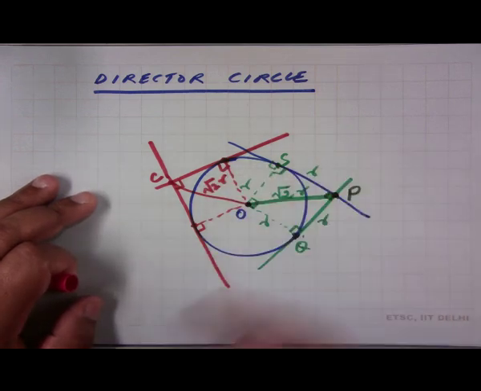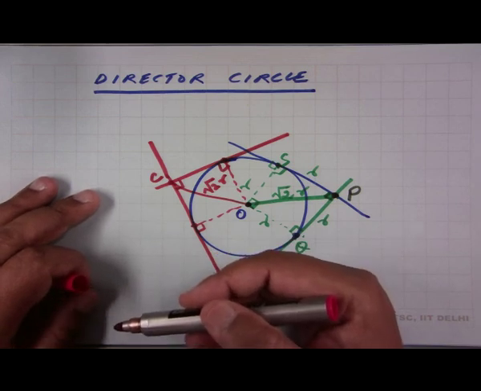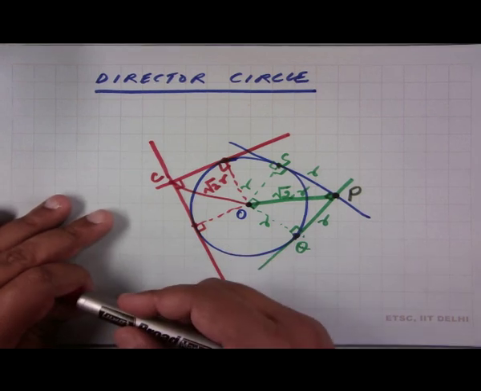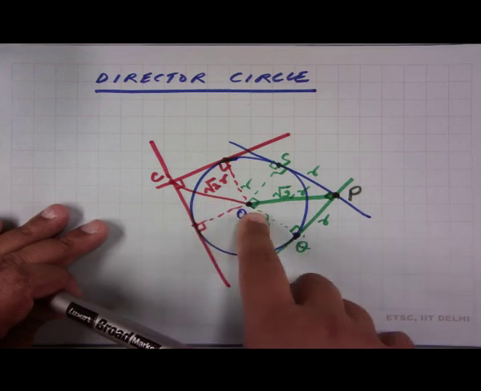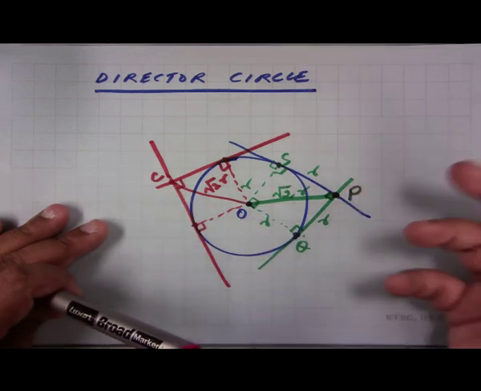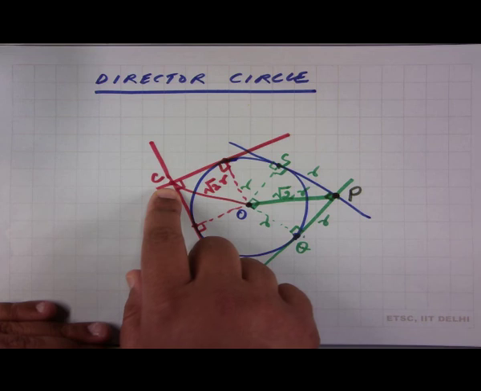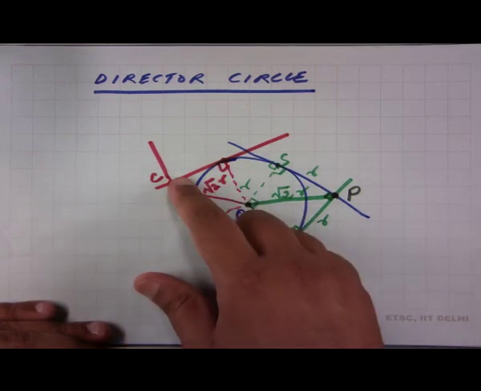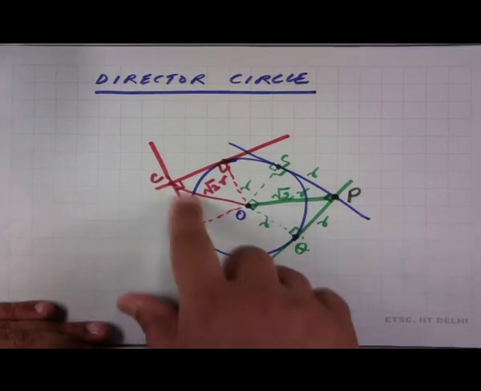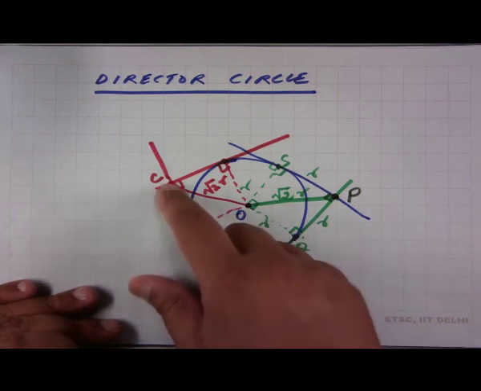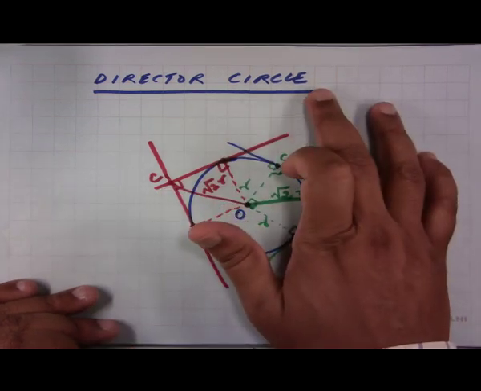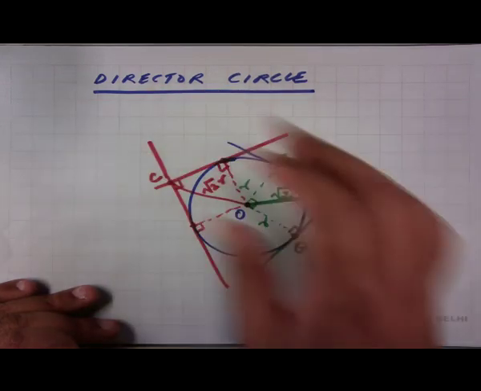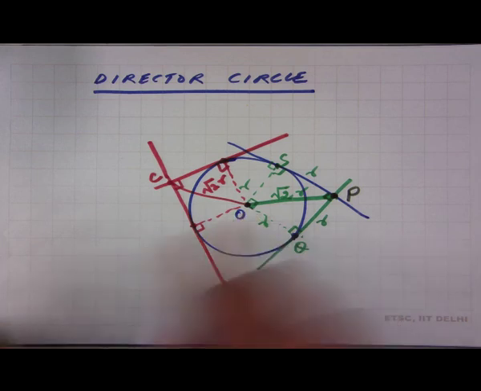So, what we see is that any such point which lies at the intersection of two tangents which are intersecting at 90 degrees is going to be at a fixed distance of square root 2 times R from the center of the given circle, and therefore, the locus of all such points is another circle, because that was basically the definition of a circle. So, each such point is going to lie at a fixed distance from the center of the given circle, and therefore, this circle that we get, which is the locus of all such points, is called the director circle to the given circle. And as we can see, the center of the director circle is the same as the center of the given circle. So, that is the first observation,